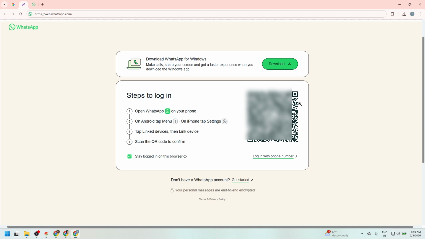Next, sign in. The most common method is scanning a QR code so your web session mirrors your phone. On your phone, open WhatsApp, find the option for linked devices, and use the built-in scanner to point at the QR on your computer screen. If you see an option to log in with your phone number instead, follow the on-screen prompts and verify as directed. Make sure both your phone and computer have an active internet connection, since the web app syncs with your